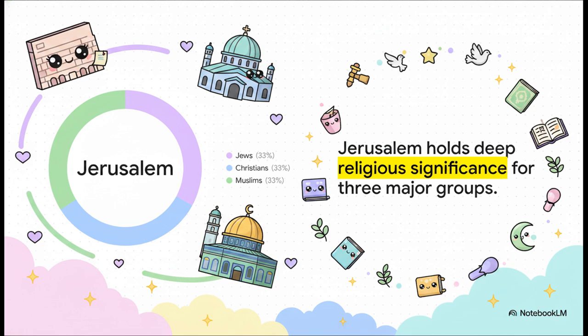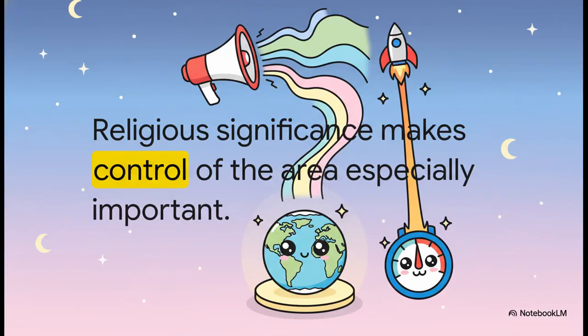We aren't simply talking about lines drawn on a map for tax collection or trade routes here. We are talking about physical land tied intrinsically to core faith, ancient history, and the deeply held identities of multiple distinct communities at the exact same time. Now, it is highly important to note that religious significance does not automatically trigger conflict. People of varying faiths shared this geography peacefully for centuries. However, in the context of a declining empire, it acts as a powerful, undeniable amplifier.